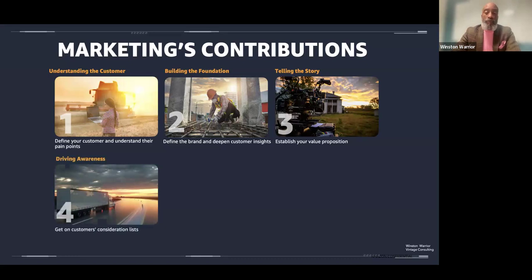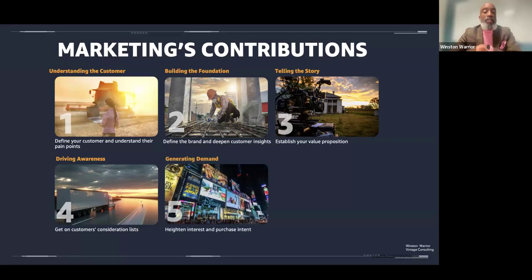And after you do that, then you have to drive the awareness of the story and drive the awareness of your service. It's called getting on your customer's consideration list or consideration set. So, okay, when a person walks into that Best Buy back in the day, or dare I say Radio Shack back in the day, they're looking at the boombox and they're looking at this new thing. Have you done enough to talk to them and make them understand, so that they're now considering, maybe I should buy this new thing? It costs more, but it can do so many great things. That's what I'm talking about in terms of consideration set and the consideration list.